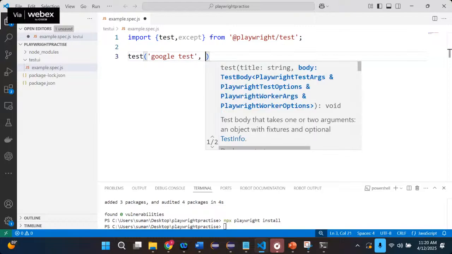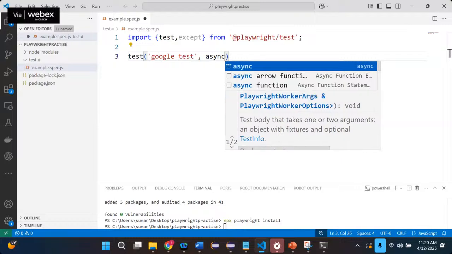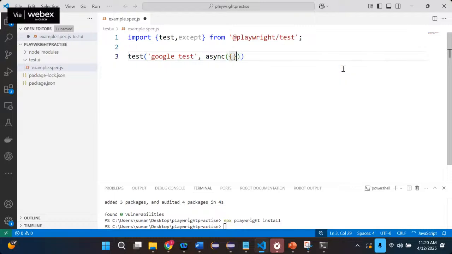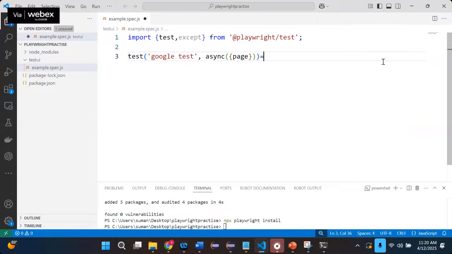And here I should specify that it is an async. Why do I need to write async? There are a few actions that should be performed by waiting for certain time to load that particular page on your machine. So that is the reason you need to write like this. And as I said, these are asynchronous functions. Anyway, why we need to write in this particular format, why we need to pass these two as parameters, and why we are going to write these asynchronous functions,